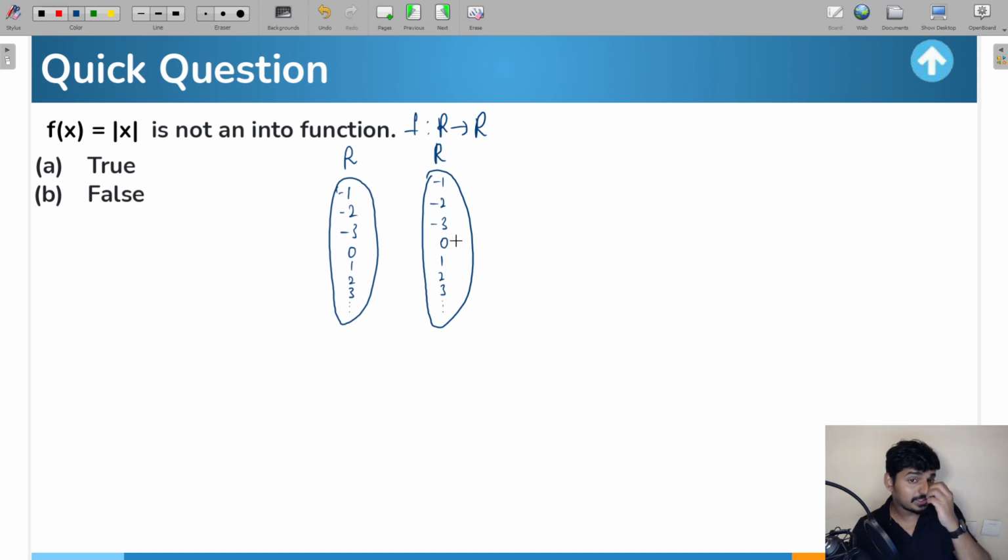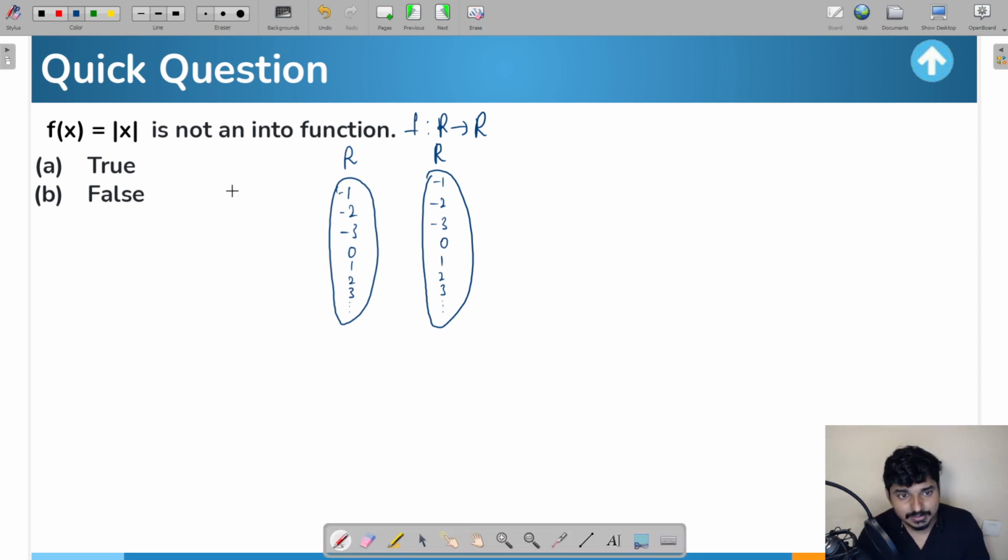Okay. Now, when you put x is equal to -1, here the function is given: y is equal to f of x is equal to modulus of x. Right, everyone. Now, when you put x is equal to -1 as an input, the output you're going to get is 1, because modulus of -1 is going to be 1. Similarly, modulus of -2 is going to be 2. Modulus of -3, what is that going to be? Well, it is going to be 3.